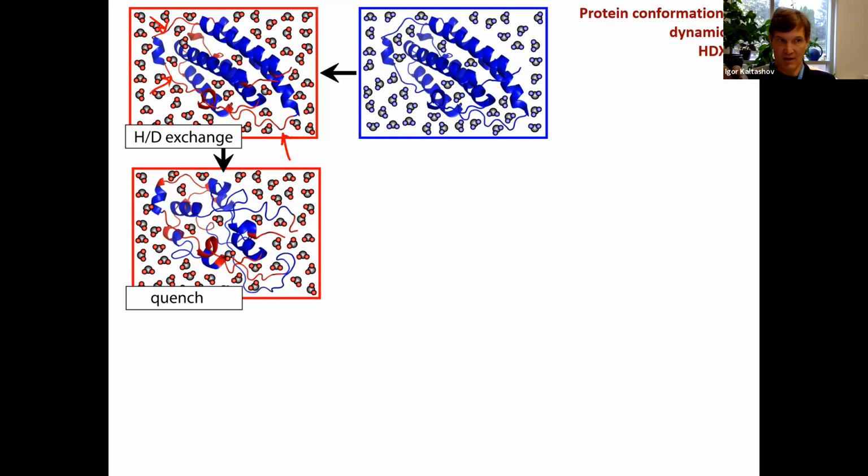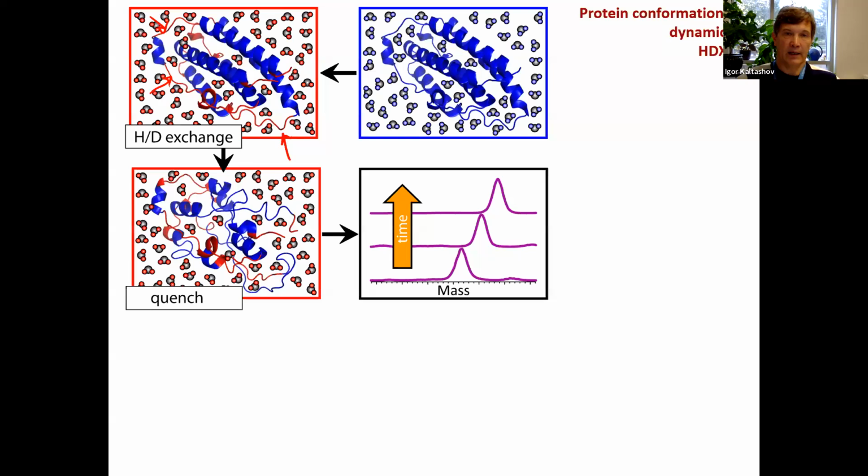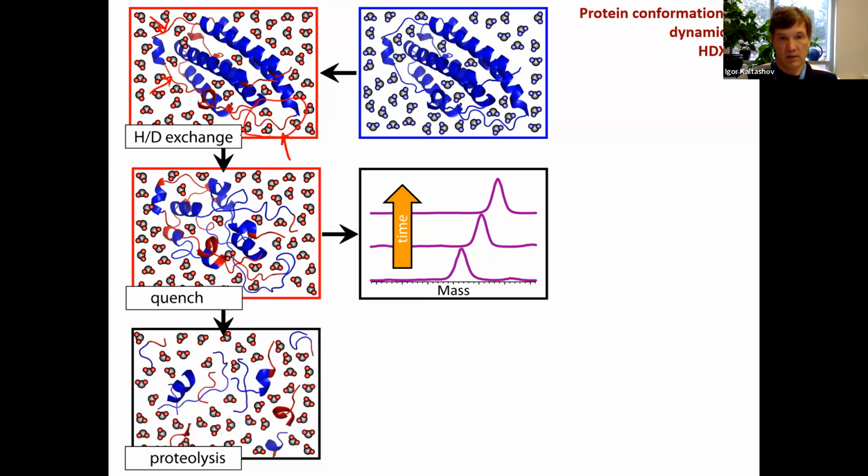And that's all you care about now. You don't care about side chains. You forget about side chains. You only look at the backbone amides. So you quench the exchange. You can quickly dissolve the protein and look at the change in its mass. This global exchange would tell you how quickly the protein acquires this isotopic label as a whole. Or you can say, I want to see local information. I want to see where exactly these dynamic regions are located within the protein. And so then you would